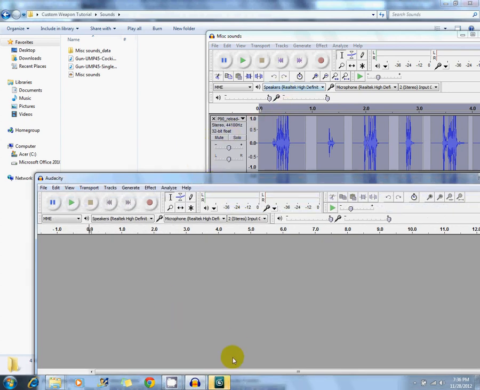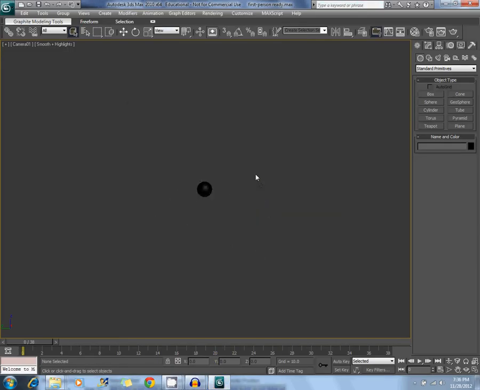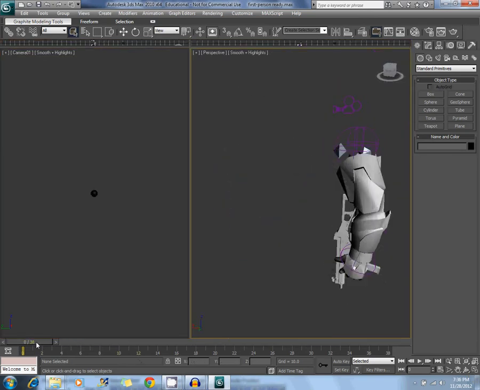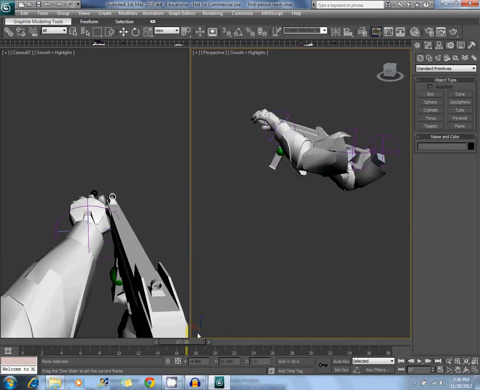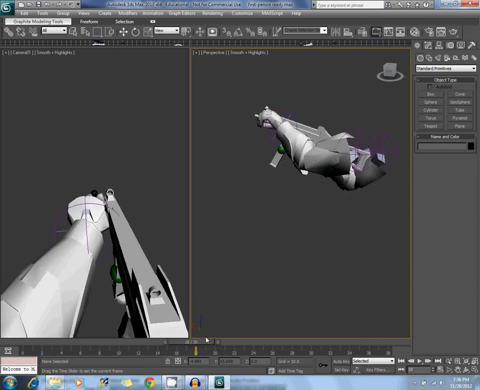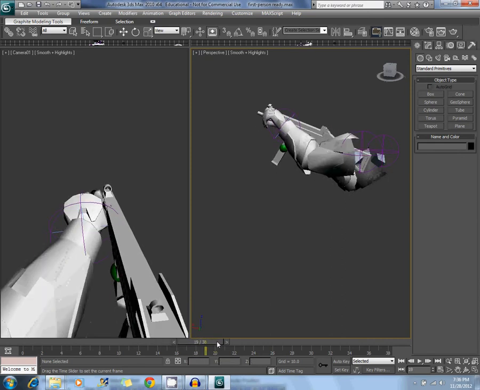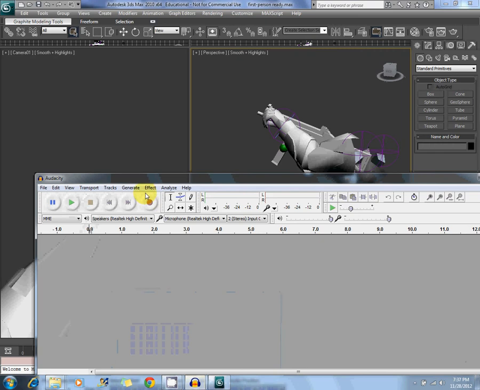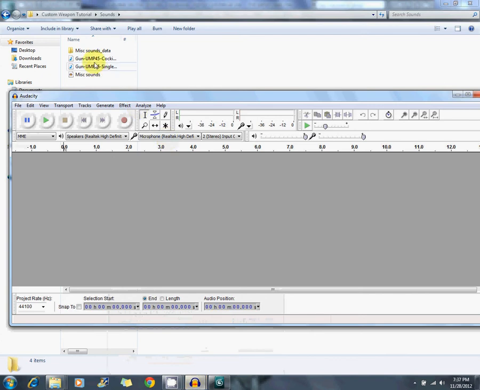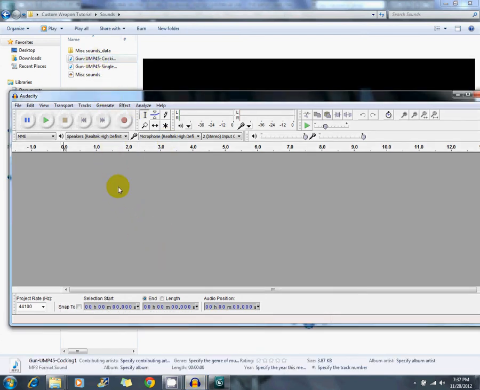Alright, so what you're going to do with this animation is just scroll through it and look at anywhere that you need a sound effect, like right there. Find where the sound effect should start, which is at frame 19 or 20. So 19 divided by 30, that's 0.63. So go to your Audacity file. Let's see, sounds. Alright, and drag this UMP 45 cocking sound effect